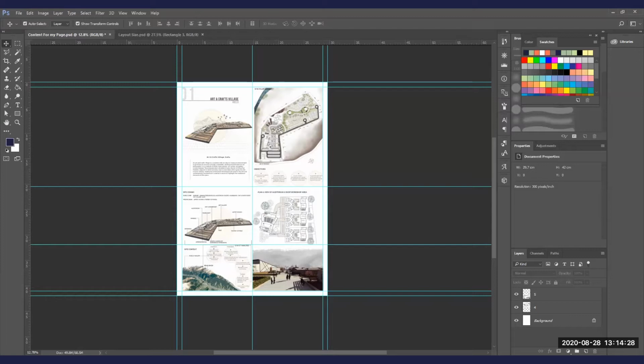So let's get started. The first thing I want all of you to keep in mind is that before you start any of your portfolio design layout, there are certain checklists with respect to your content that you should have prepared. That will include the site analysis, site plan, concept, research, etc. related to your project. Before we get started, I want to show you the content list which needs to be with you before you start with the portfolio design.